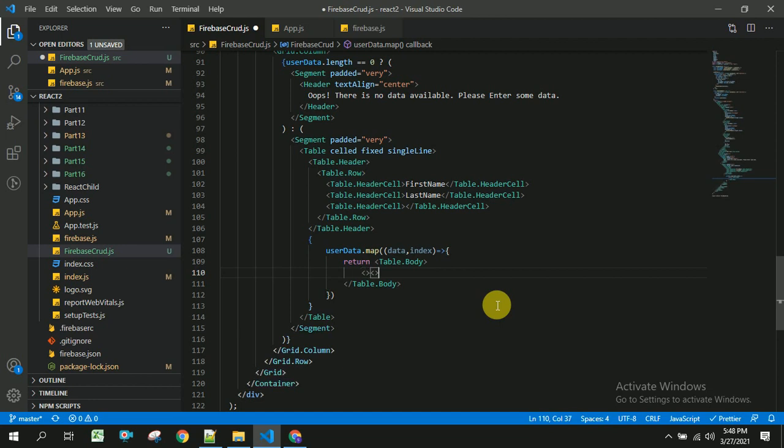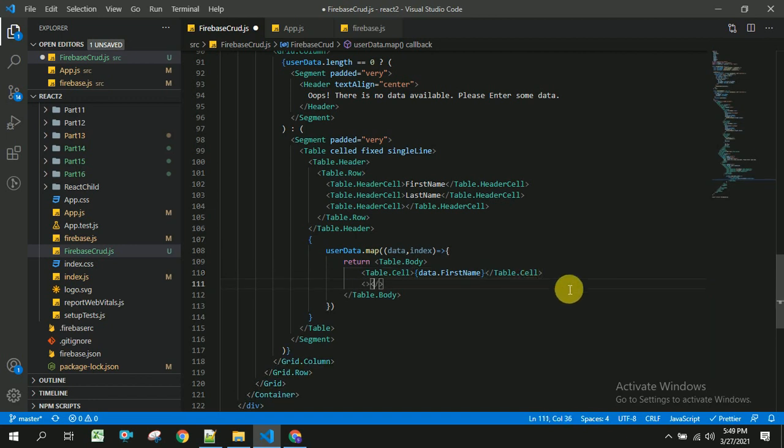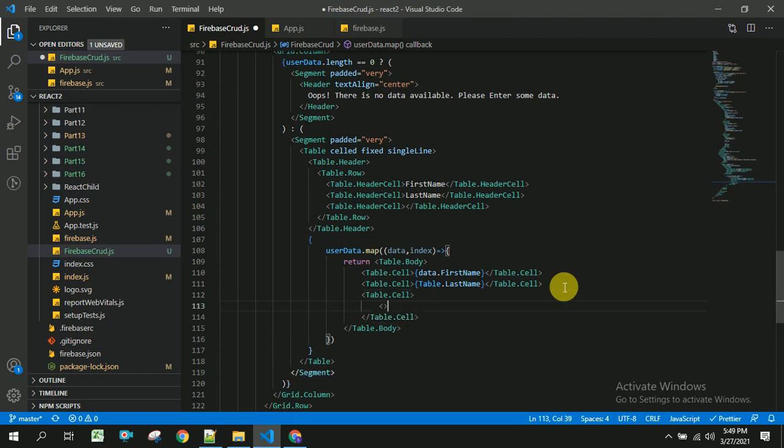So for this I am going to take table dot cell, and in each cell I am going to render the first name from data dot first name, and in the second cell I am going to render last name, and in the other cells, in the third cell I am going to render two buttons.